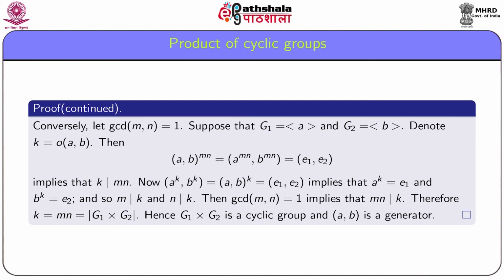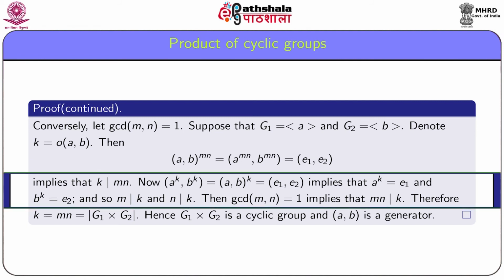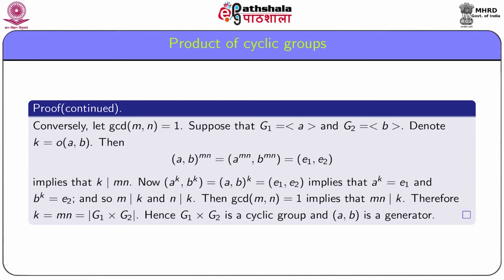Since the order of (a,b) is denoted by k, it follows that k divides mn. Now, we show that mn divides k. For this, (a^k, b^k) is equal to the pair (a,b) to the power k. Since the order of (a,b) is k, this is equal to the identity element (e1, e2) of